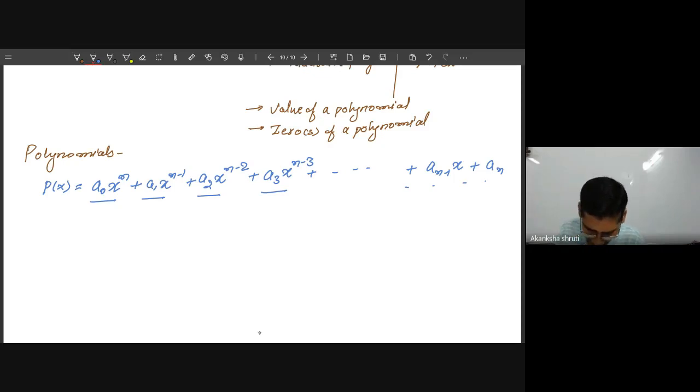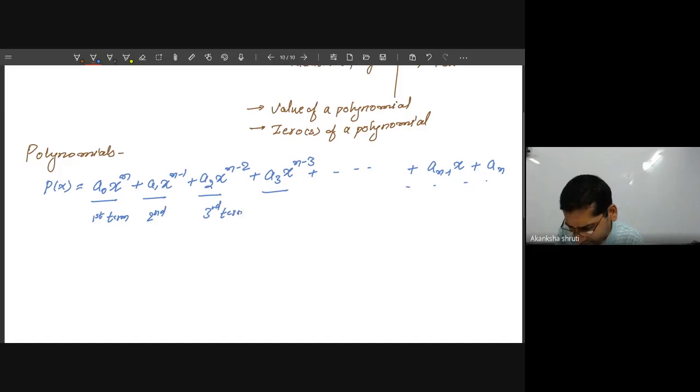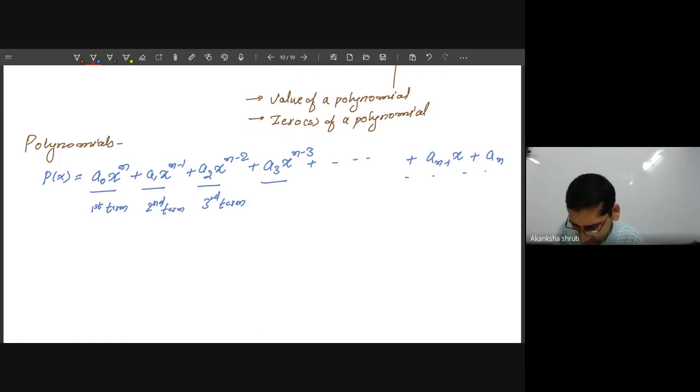Students, here we are getting a0 as one of the terms. A1 means it is the second term. So this is the first term. This is the second term. This is the third term. Going on, this is the fourth term. Students, doing in this way, what are we observing? Wherever the suffix of a is 3, it is the fourth term. The suffix is 2, it is the third term. The suffix is 1, it is the second term. Means it has started with a0.